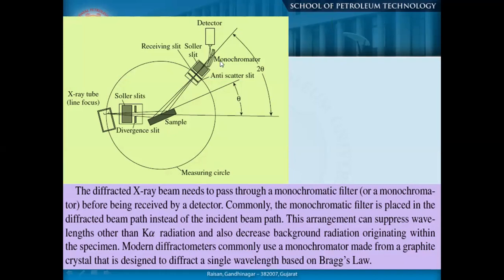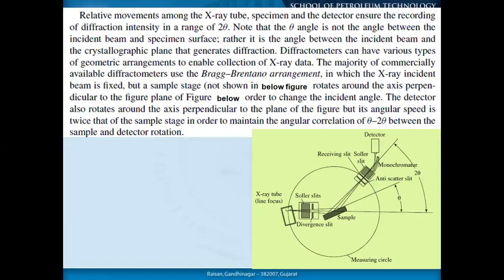So here, monochromator. Okay, this arrangement can suppress wavelengths other than the one we are measuring. If K alpha is our type of X-ray source, then you can take only that specific wavelength of X-ray, and we will decrease the other part. Okay, so that is how we are using the monochromator to eradicate the other X-rays. Okay, so relative movement among the X-ray tube, specimen and the detector ensures the recording of the diffraction intensity